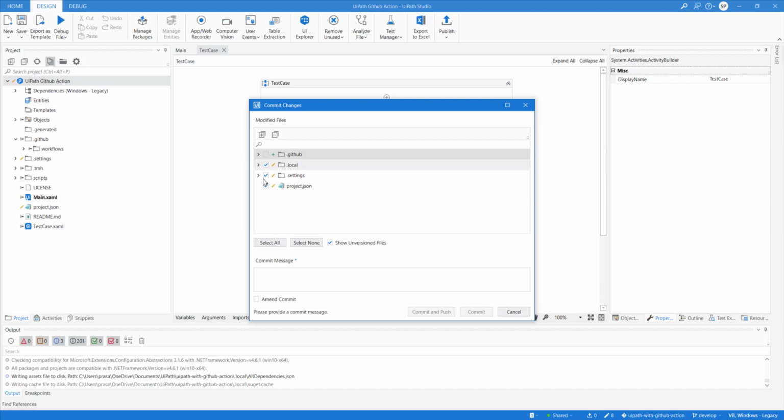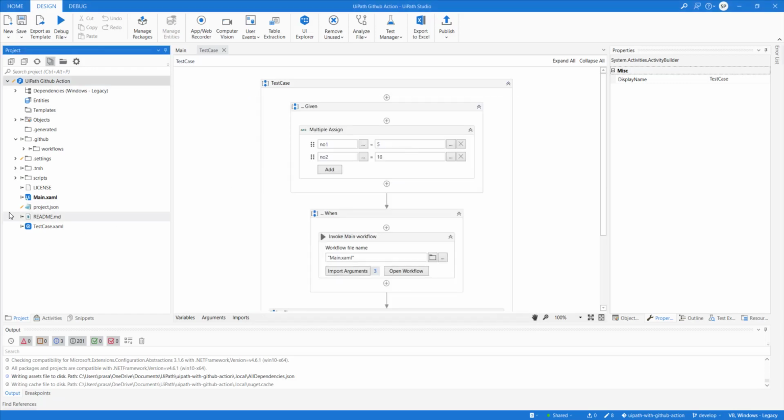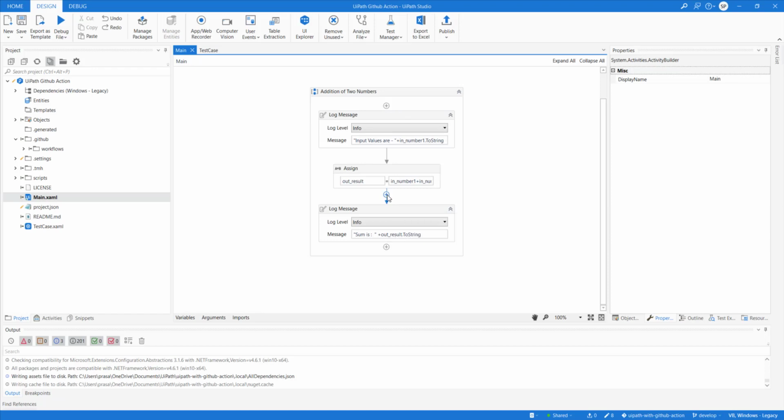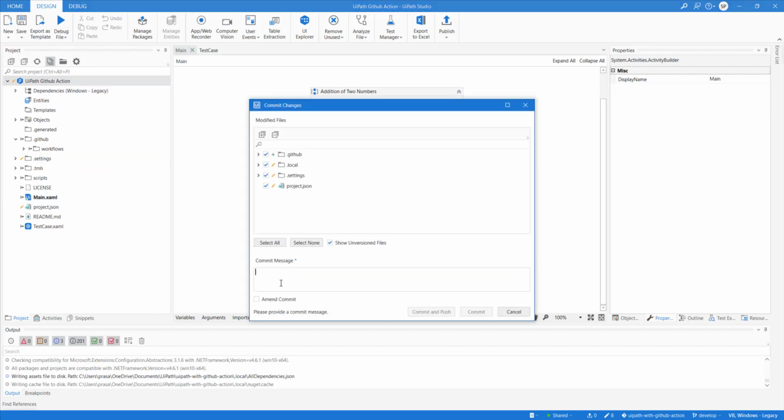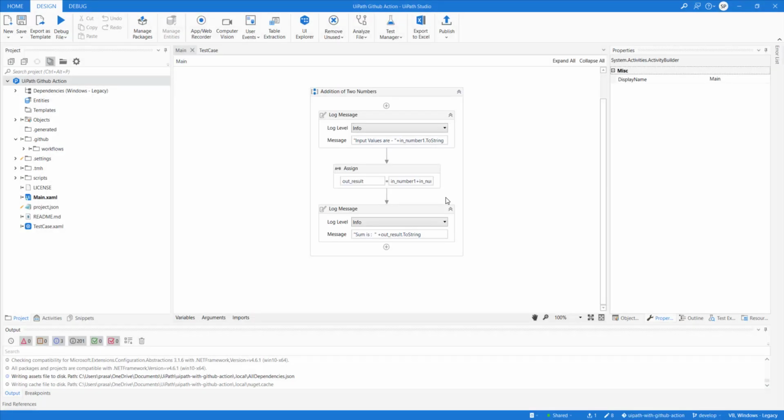I don't know why this is not required, but let's say, added comments and whatever changes you have done. As of now, there is no change. If you want, you can put a log message here and say that a log message was added, or whatever you want to perform, you should be able to do that. And once you commit the code, saying updated new, commit and push.